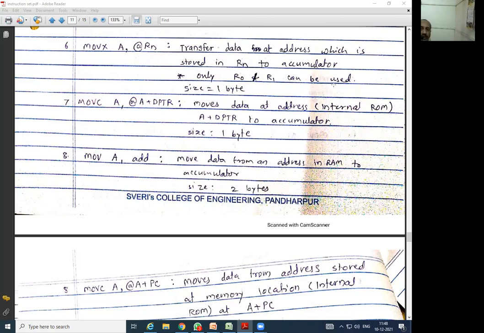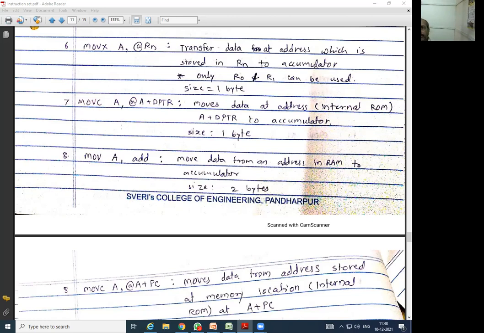So one noting point here: कि MOVX A, @Rn मध्ये Rn stands for R0 to R7, R0 to R4 or R0 to R1? If an MCQ is asked, your answer must be R0 to R1.